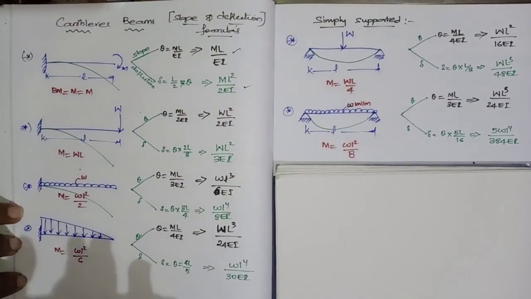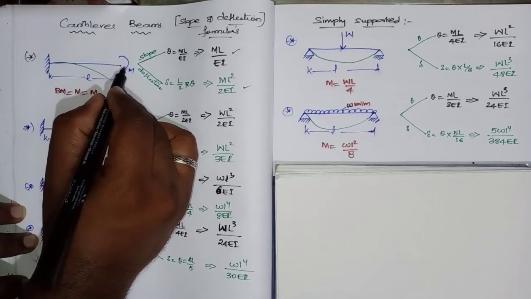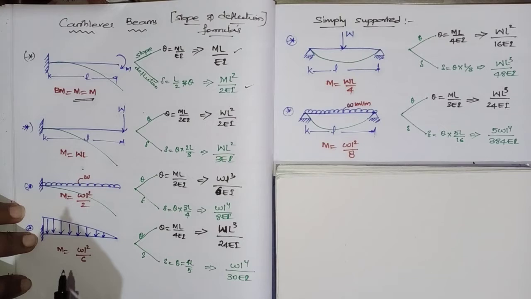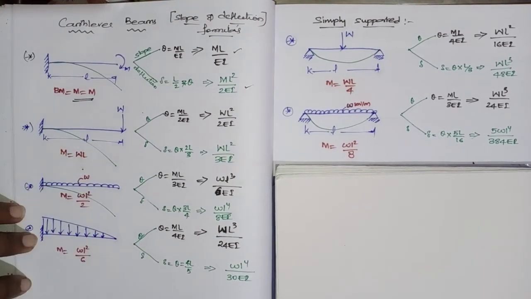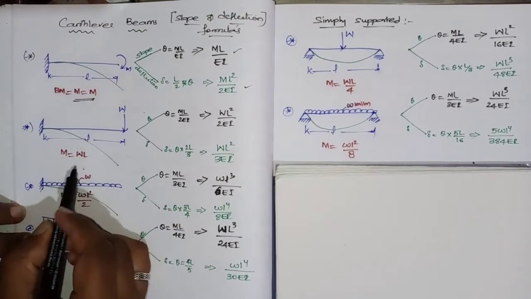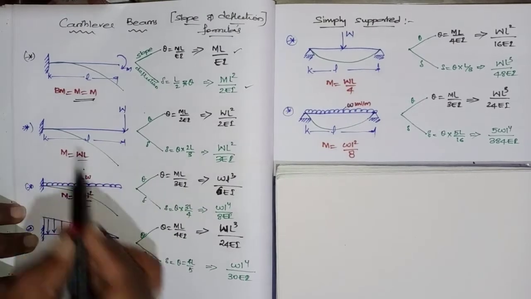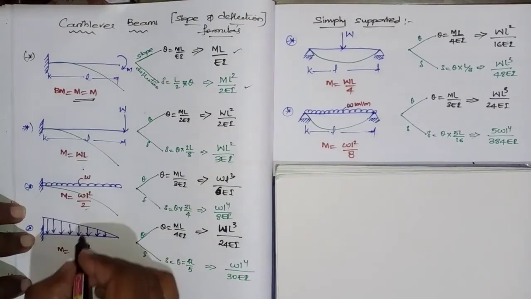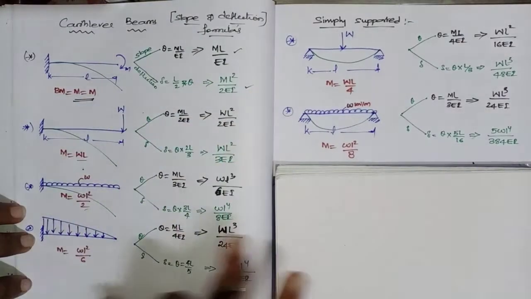before going directly, one should know the bending moment formulas for these. Okay, now if a cantilever beam carries a moment couple at the free end, the moment will be M only, and it will be maximum at the fixed end always, right? Next, for a cantilever beam carrying a point load at its free end, the moment will be W into L, whereas for UDL it is WL square by 2, and we have seen all these in your SFD and BMD diagrams, right? So if you know these, they are very easy.